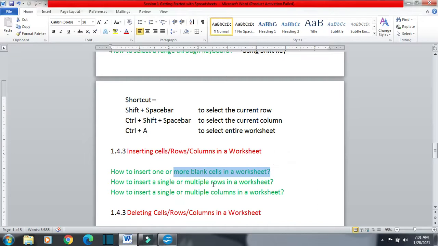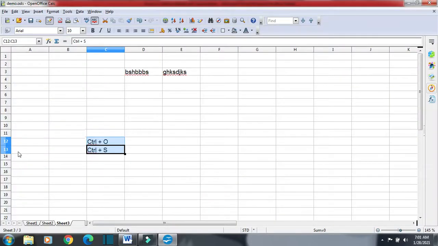Next we are going to study how to insert a single row and how to insert multiple rows in a worksheet. Suppose I want to insert one row above this one.